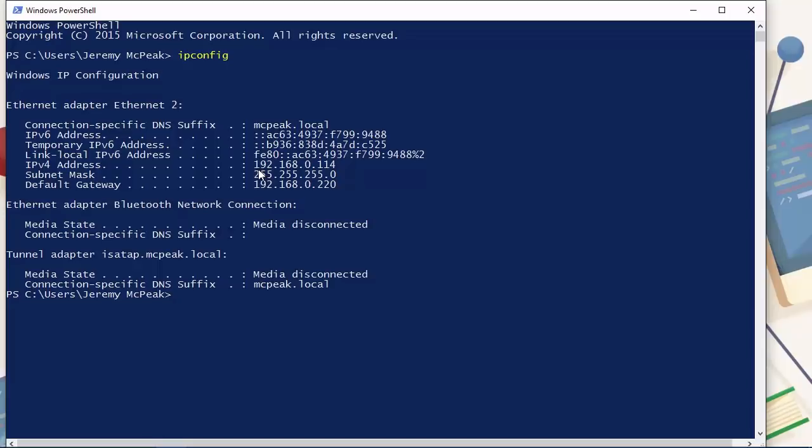Now, you can see here that my IP address for this machine is 192.168.0.114. Each of these numbers that are separated by dots are called octets. And if another computer or device on my network wanted to contact this machine, it would do so by sending information to this IP address. And if this machine wants to get out onto the internet, it has to go through this default gateway, that is my router, and that is